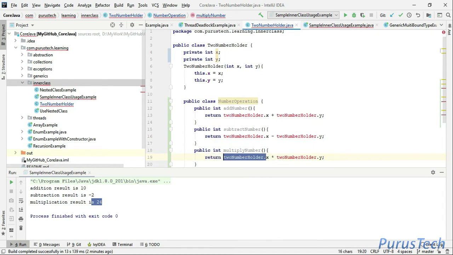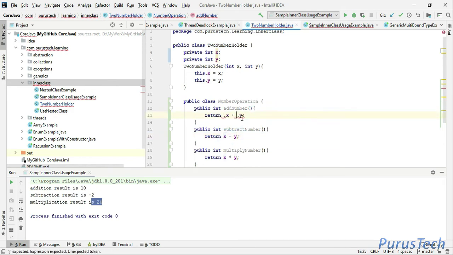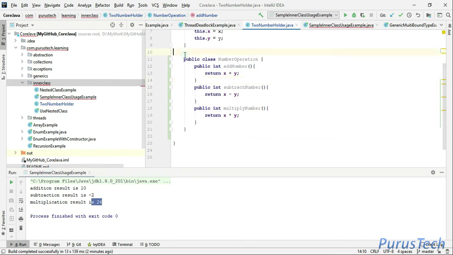So just remove these references. Even here also, let's delete. Okay, now we have done the inner class.